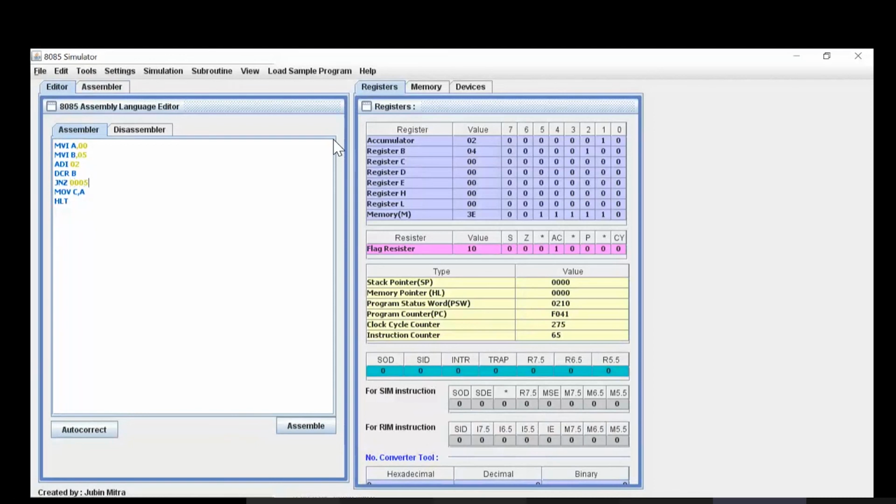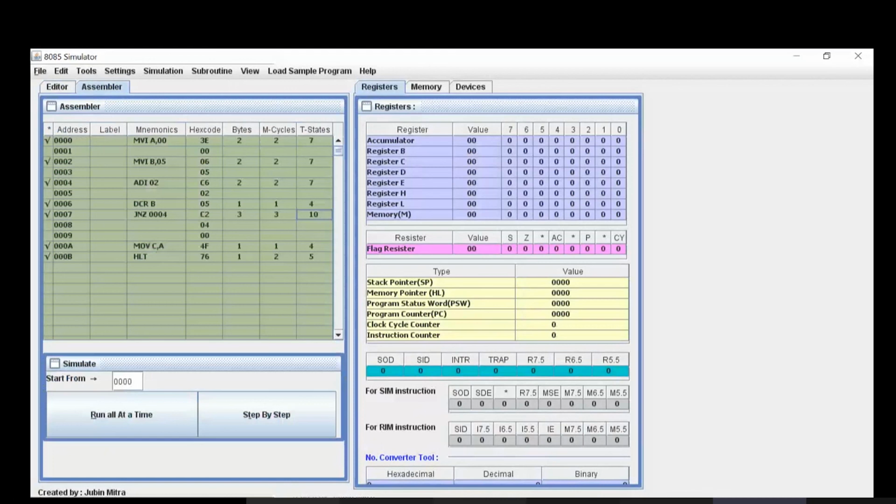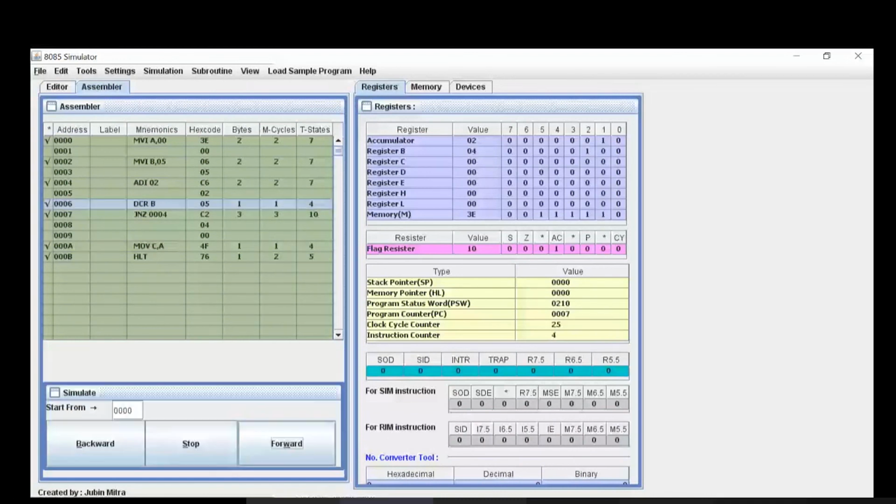Yeah. Now assemble. Yeah. Now run. Oh, from the first, is it? Okay. Perfect. Yeah, it is happening. It's coming back to 4. Oh, okay, perfect. Okay, good. So where did we go wrong? Yeah, in our textbook, they have taken the memory location from F000, but here in the simulator, they are taking the memory location from 0000. That's absolutely fine.